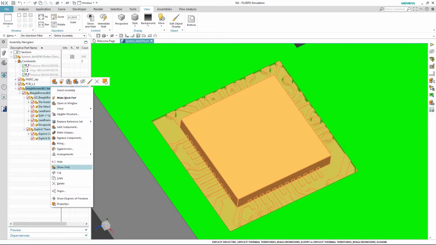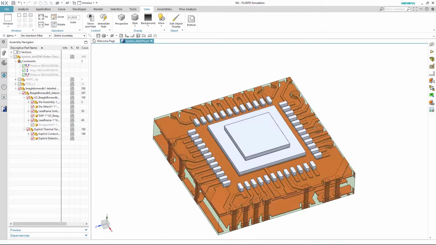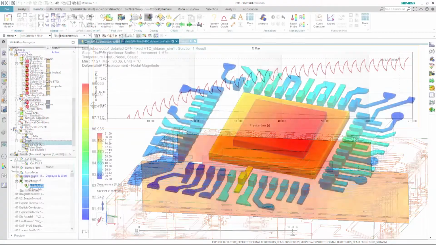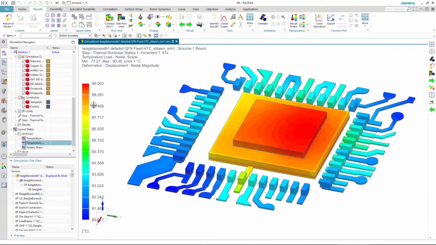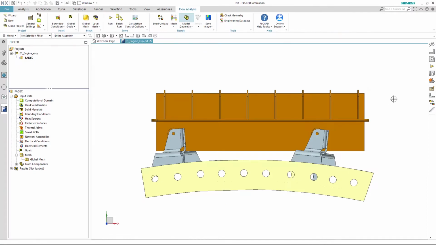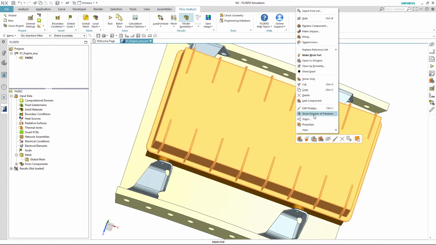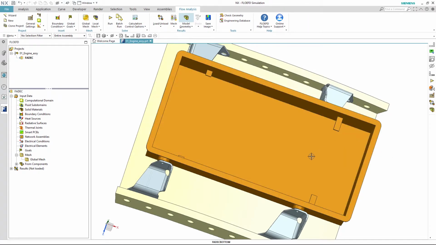FloEFD for NX can be used in a fully integrated workflow with SimCenter 3D for thermal, mechanical, and thermomechanical studies. This workflow video will outline the steps of such an approach. A full authority digital engine control, or FADEC, unit is modeled in SimCenter FloEFD for NX mounted on an engine